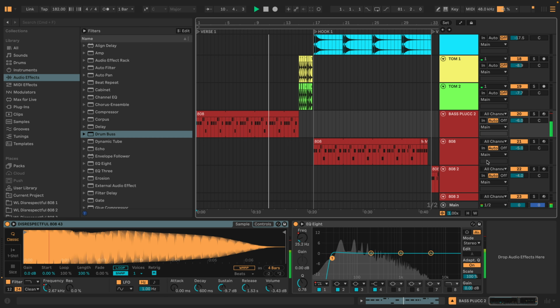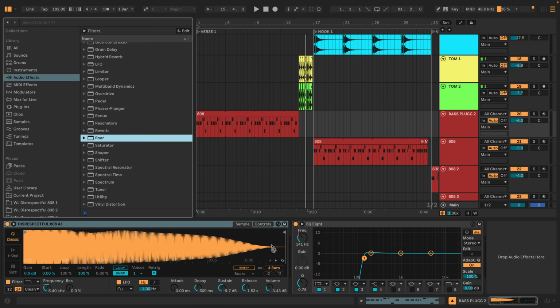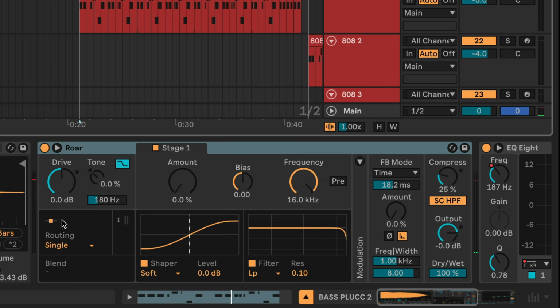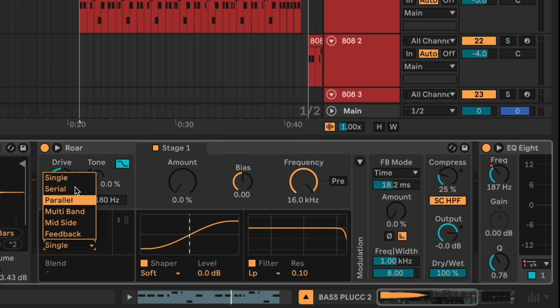Here in Ableton 12, we have a brand new plugin called Roar, and this is my new sauce. What I love about the Roar plugin is it focuses on routing right off the bat. I love having some distortions in parallel, some distortions in serial, not to mention the tone and drive sound amazing